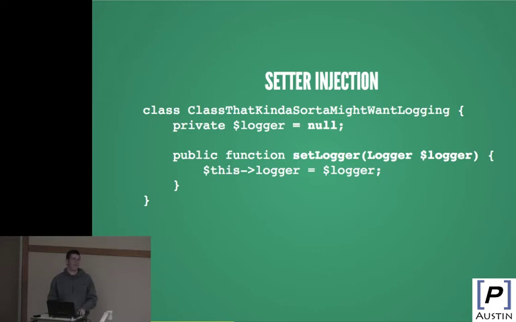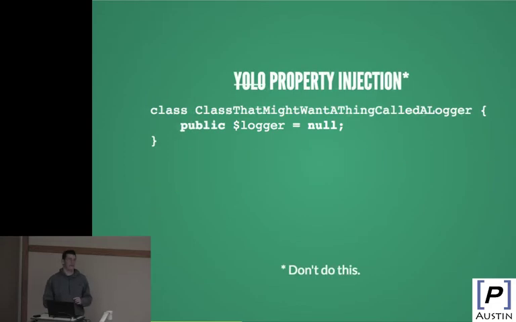Additionally, setters can be used in traits to take some behavior and say, oh, well, we have this dependency requirement. We have these methods that this dependency exposes. Let's throw that into every single class. So there's some use to setter injection in particular. But